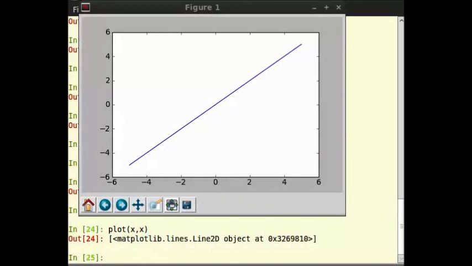Now use the figure command to create second plotting area and plot the figure. So type figure 2, then type plot x comma within brackets 2 star x plus 3.